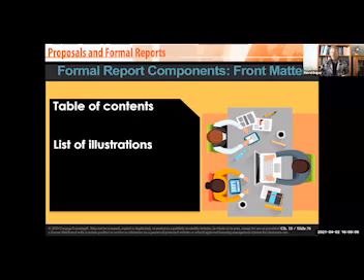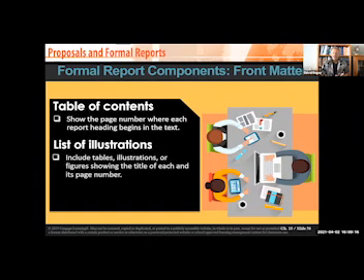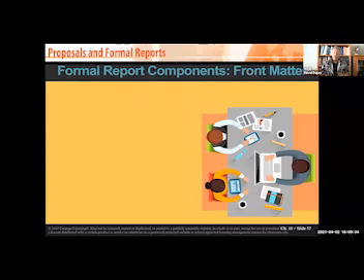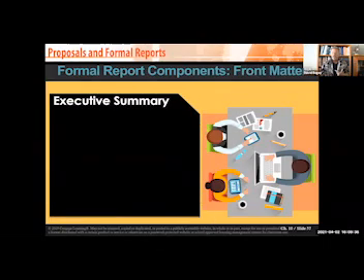On the larger ones, a table of contents, a list of illustrations. Sometimes the list of illustrations really sounds trivial, but it isn't, because people like to look at pictures. And if you're going to have pictures, they may flip through your report looking at the pictures rather than reading the narrative. Hey, whatever it takes to get them to look at your report, life is good. So make sure you have those kind of things. Place the list on the same page with the table of contents if they're both small in the process. You don't want to just beef up your package just because. You want it to be meaningful to people looking at it.